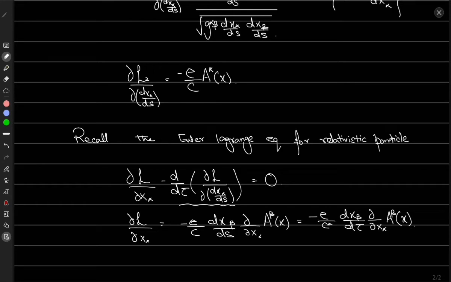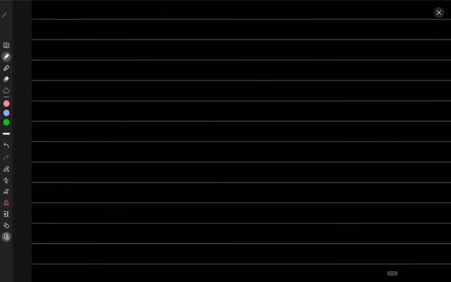So this is the final term. So we have worked out this one. Now we'll just substitute this back into the Euler-Lagrange equation, and we'll get the equation of motion. So substituting these values that we just worked out into the Euler-Lagrange equation, we get minus d over c d